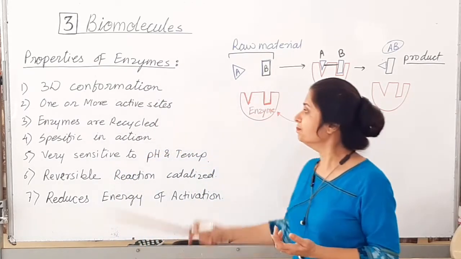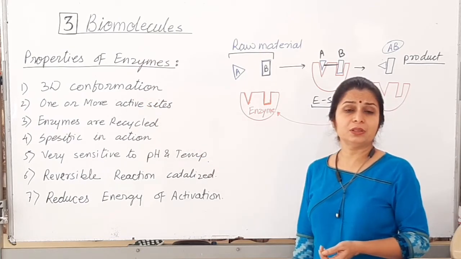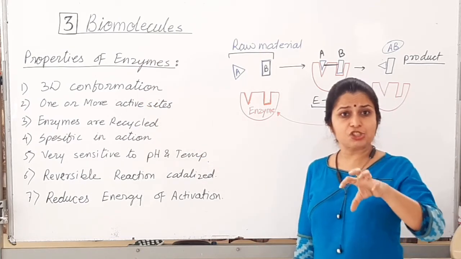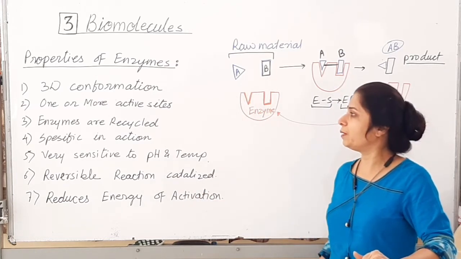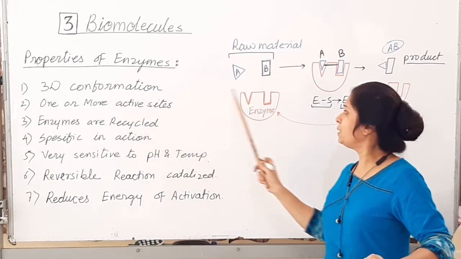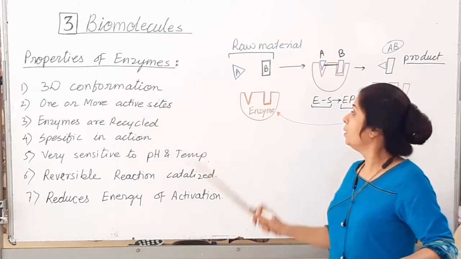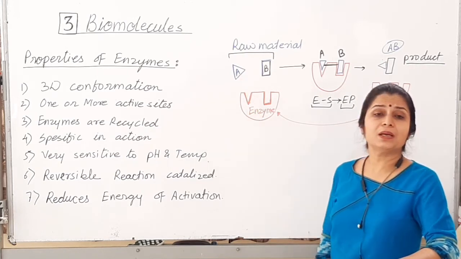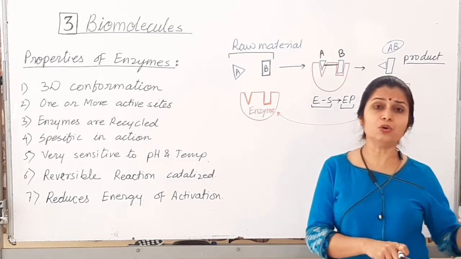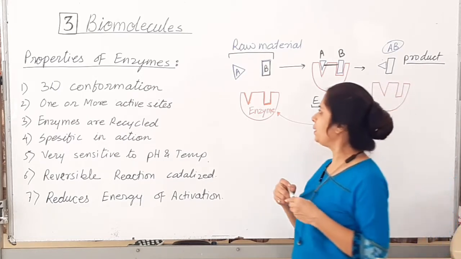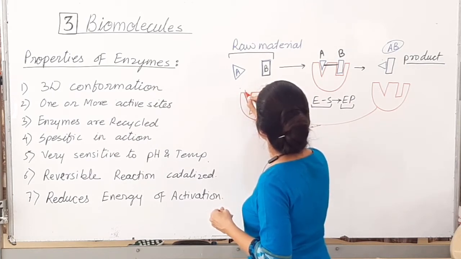Okay, so let's see this work along with the properties. It has 3D conformation. It has a specific structure because of which it has those active sites, and it can recognize its own chemical. It has one or more active sites. See, I have drawn here 2 active sites. Now here I said that this V-shaped groove is the active site for chemical A, so can it not be an active site for some other chemical? It can. Just imagine that there is a chemical with this shape.